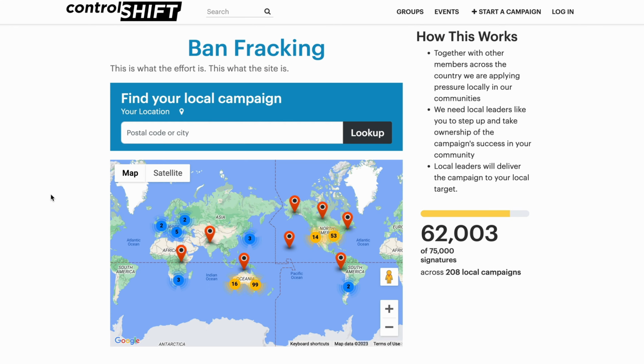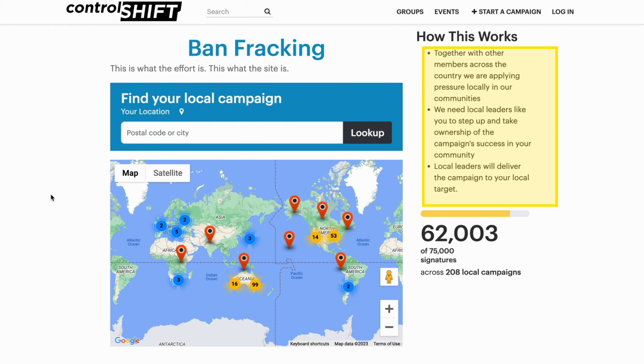On the efforts landing page, there are two pieces of customizable content. The first is the landing page welcome text. This text is also used to provide more context about what this national or international campaign is and why someone who has landed on this page may wish to get involved.